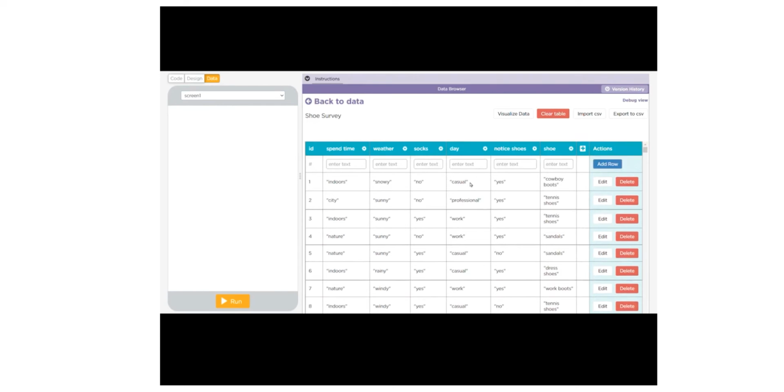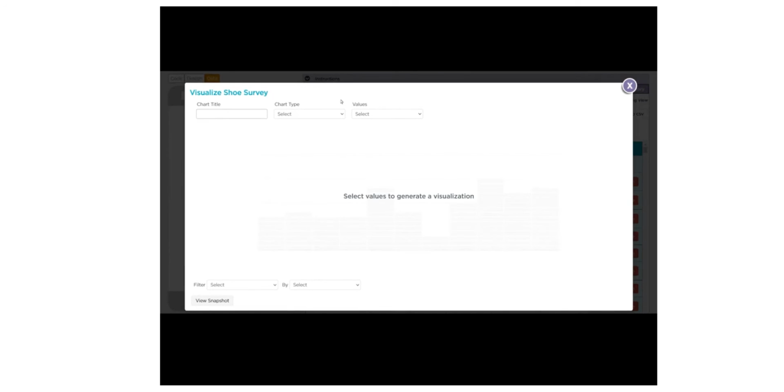Trying to go through each row of data is a little too much for us to do right now, but we can use data visualization tools to help us explore this data more. We're going to use a type of table called a crosstab. A crosstab lets us compare two questions from our survey. I can compare how people said they were going to spend their time and what shoe they said they were